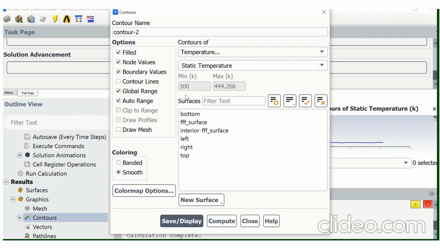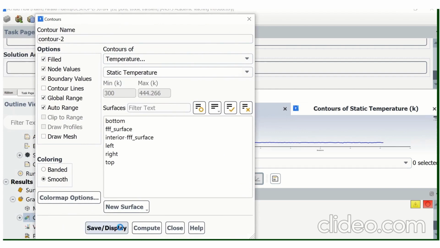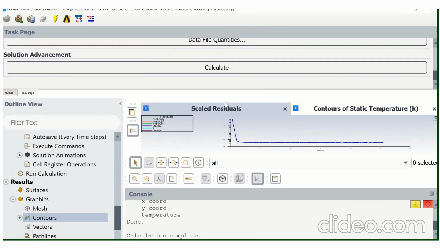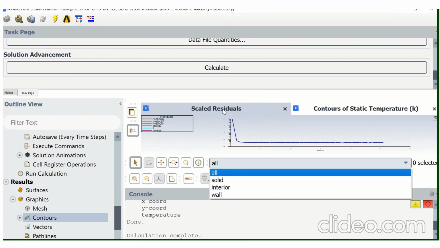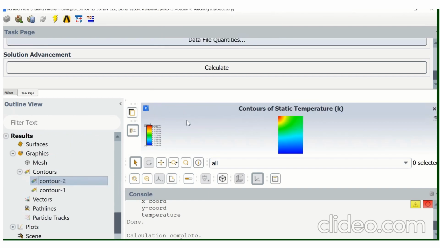So here from the contour they have interpreted that the minimum temperature of the contour is 300 and the maximum temperature is 400 Kelvin, that you can see over here, or we can click on save and display. So it will show us the contour. So this way it will show you the contour of your domain.